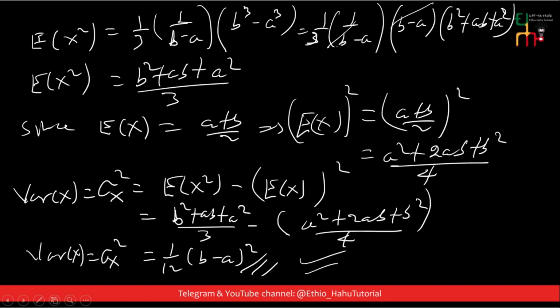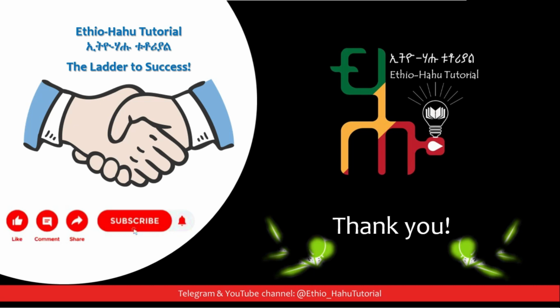And this is the variance of the random variable x. Therefore በአጠቃላይ ፕሮባቢሊቲ ኤንድ ራንደም ፕሮሰስ ላይ ዛሬ ያየናቸው እነዚህ ይመስላሉ።